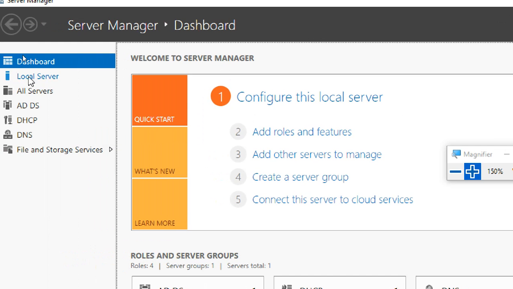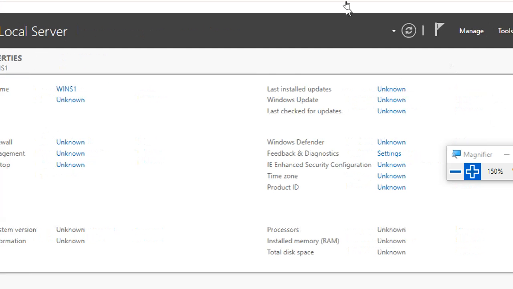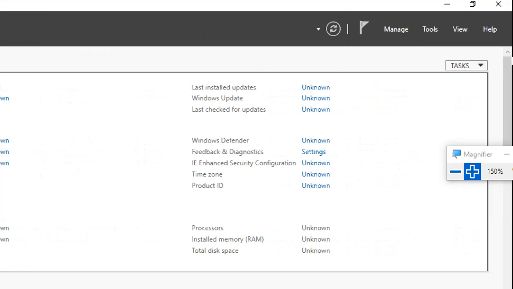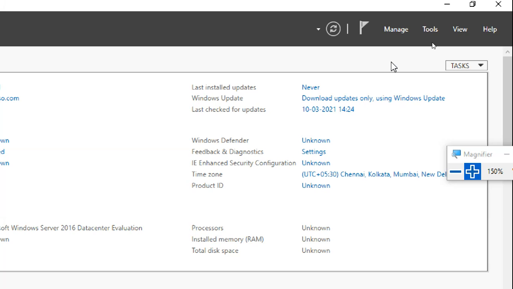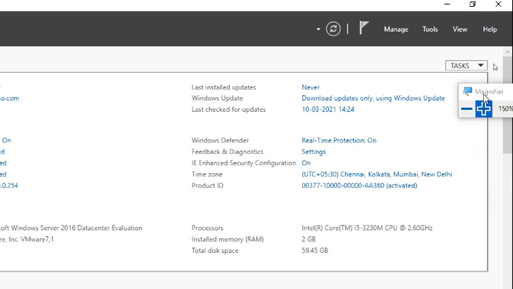I want to show you how to install a hypervisor, Hyper-V, in a server in the next part. But because it will take time to restart, better I will install now and wait for restart. It will take a little bit of time, guys. Only one question, please. Anybody tell me how to install a role, either it is Active Directory, DHCP, DNS. In that list only Hyper-V is there. So now tell me step by step how to install a role.